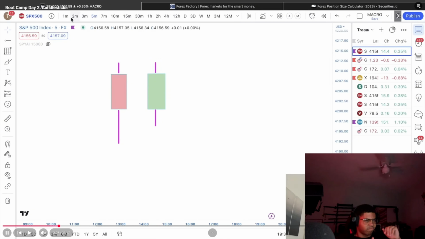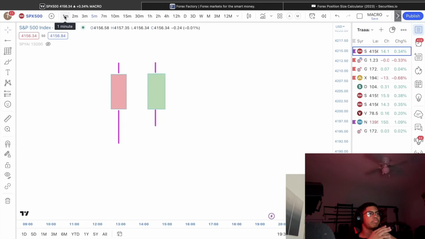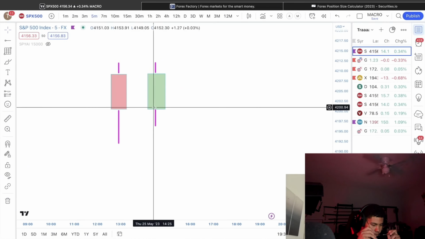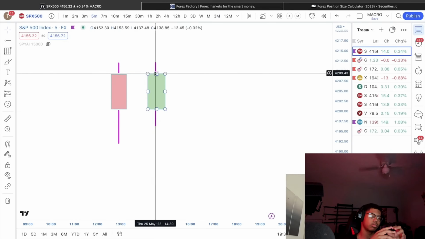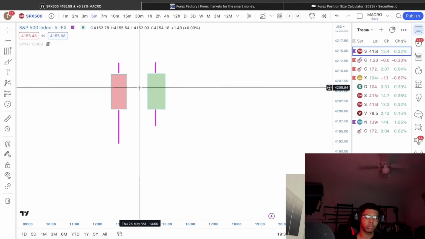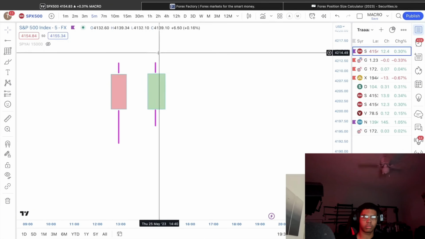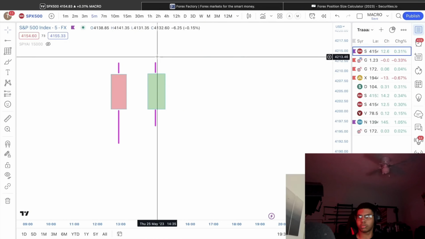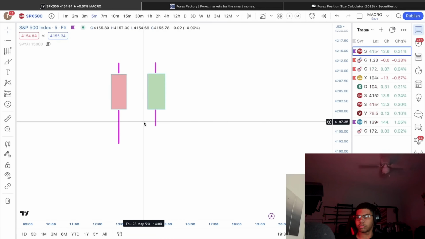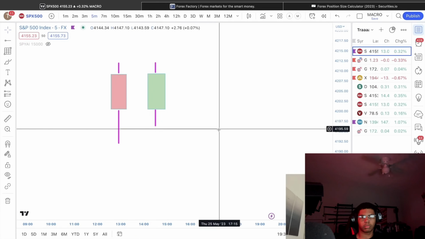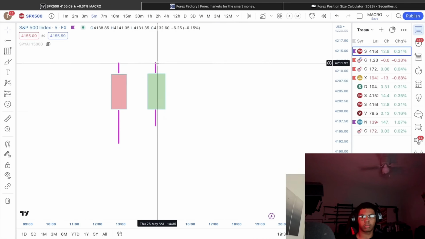There are so many different time frames up here that I'm scrolling through: 1 minute, 2 minutes, 3 minutes, 5 minutes, 7, 8, whatever. If you're very new, you're probably saying, well, what do those things mean? That represents the time that it takes for the candlestick to close. So if we are on the 5-minute chart, which we are on currently, this candle represents 5 minutes of price action, of price movement. The reason why these candlesticks are so beneficial is because we can read